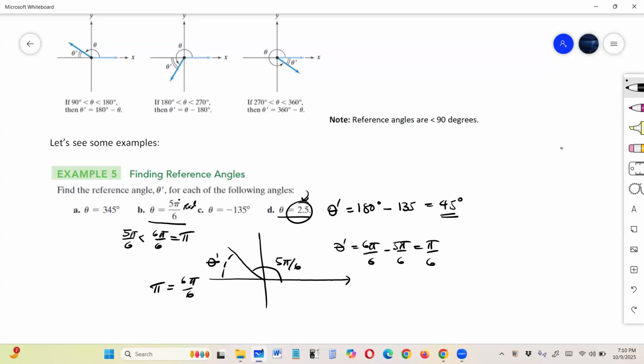Okay, so we always need to know where the angle is located. Is it in the first quadrant, second quadrant, third, or fourth? All right, so 5 pi over 6 subtracted from 6 pi over 6 gives pi over 6. And the last case,